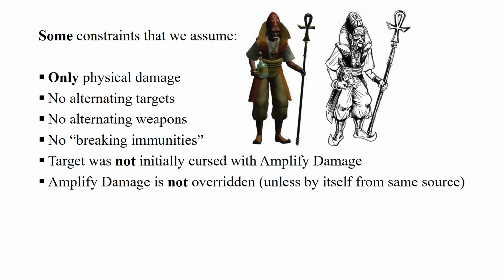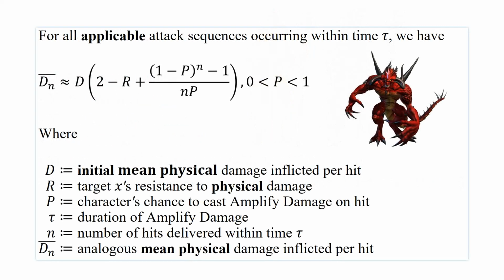All right, so let's dive into the equation now that we've discussed a brief overview of the situation to which this equation pertains. So for all applicable attack sequences occurring within time tau, again, with applicable being in bold, we already specified a general idea of what we mean by that, we have that the mean analogous physical damage inflicted per hit is approximated by this equation,